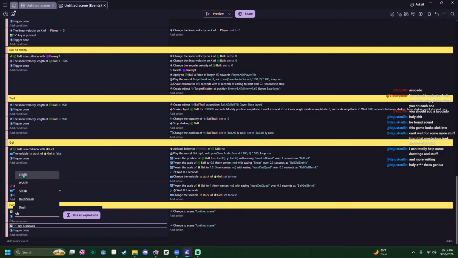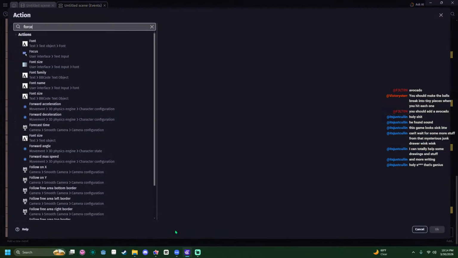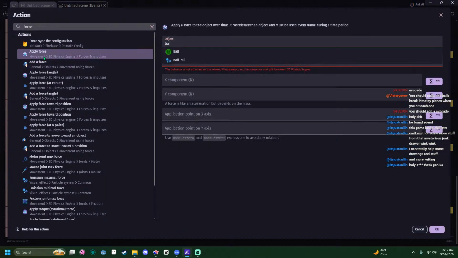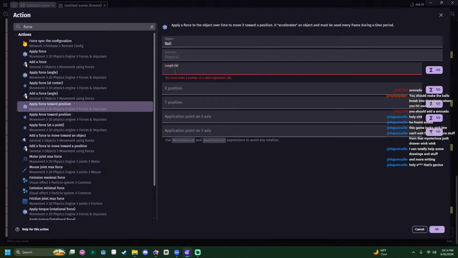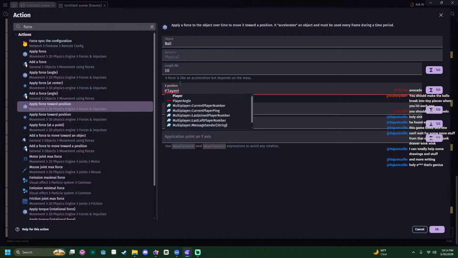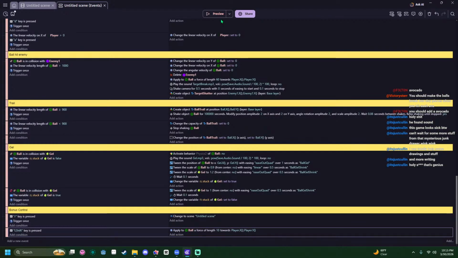Left shift. So if you're holding left shift, we're going to add a force. Apply force to ball towards position. Length, like not much, 10. Y 0, 0.